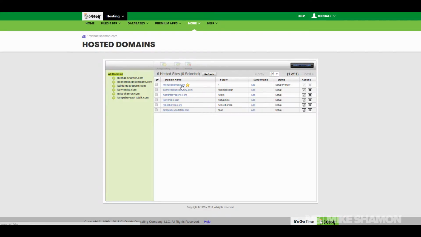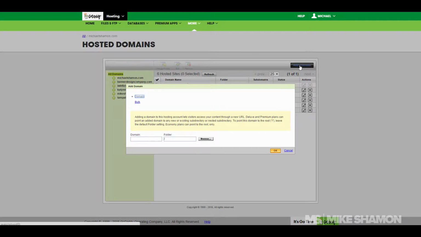Now the thing is I have my root domain right here, which is why the star is by it. Okay, then everything else is a subdomain. All right, or not a subdomain, but there are subfolders in the domain that have my other domains on them. So I'm just going to go to add domain. All right, and if you start typing the name of your domain, so